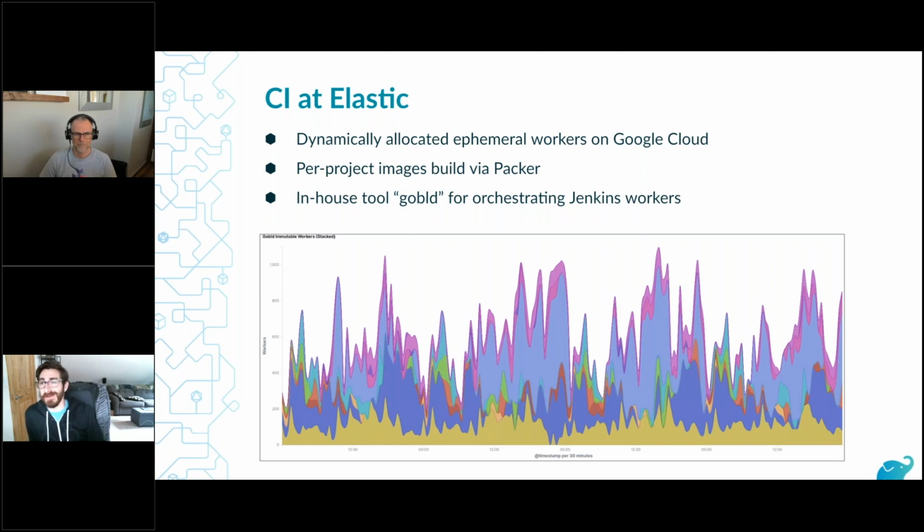We have a series of Packer jobs that build very specific images. Like I said, in addition to being a cloud-operated provider, Elasticsearch is also an on-premises offering. So we have to support a number of different deployment environments, right? Whether you run it on Windows or Linux, what version of Linux, or with what JVM, et cetera, with encrypted volumes and FIPS enabled and all these different scenarios. So we pre-build a bunch of images that mimic a particular supported deployment environment. And then when we kick off a job, we spin up that image and execute the integration test suite on